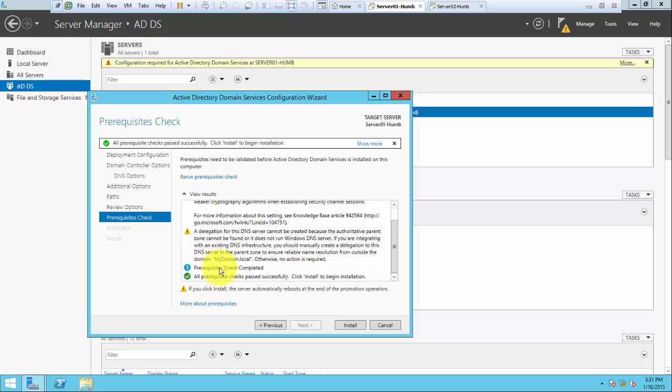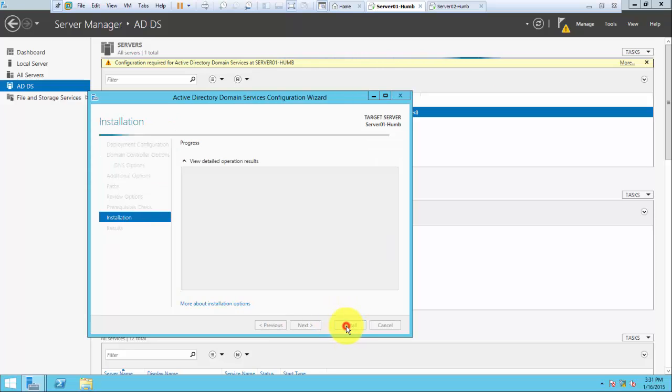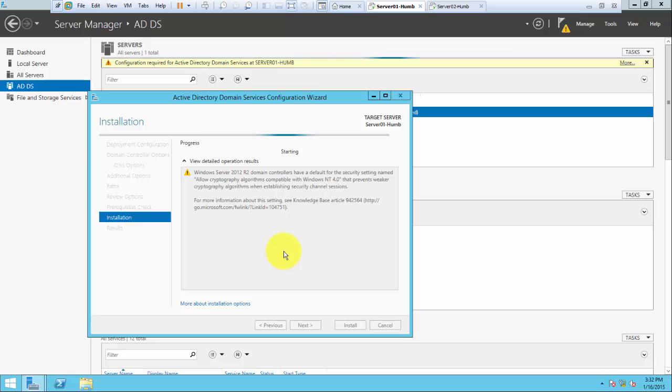If you go down, everything else is okay. All prerequisite checks passed successfully, click install. So we go ahead and install. And then it's going to restart. After that,